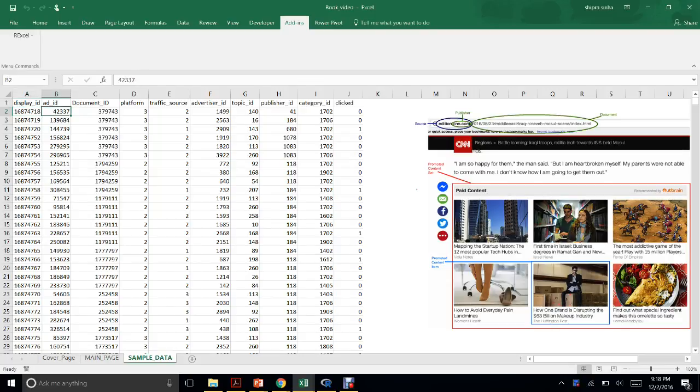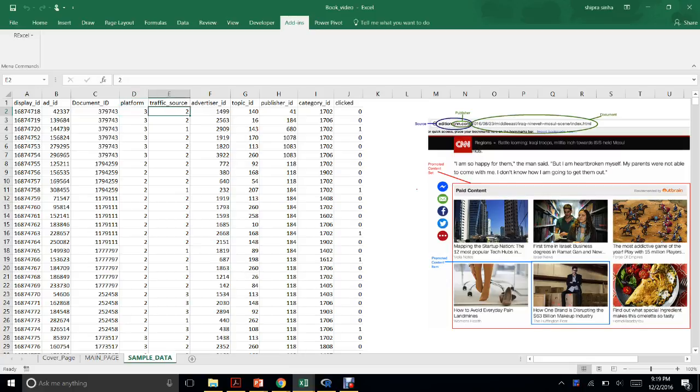Ad ID is the ID of an ad. It has characteristics. It is recognized by topic ID and a particular category of an ad. Document ID is the ID of a document. It can be news, it can be a travel website. Platform is the platform from where we are browsing a given website, such as laptop or tablet.